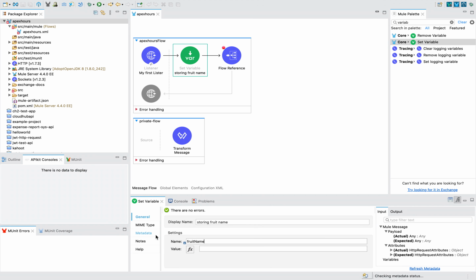Fruit name. Value, whatever value you want to give. For example, I want to store this fruit name as apple. You can either directly write apple here, but I would suggest always using fx. And when you are using fx, please don't forget to give double quotes, or else it will think